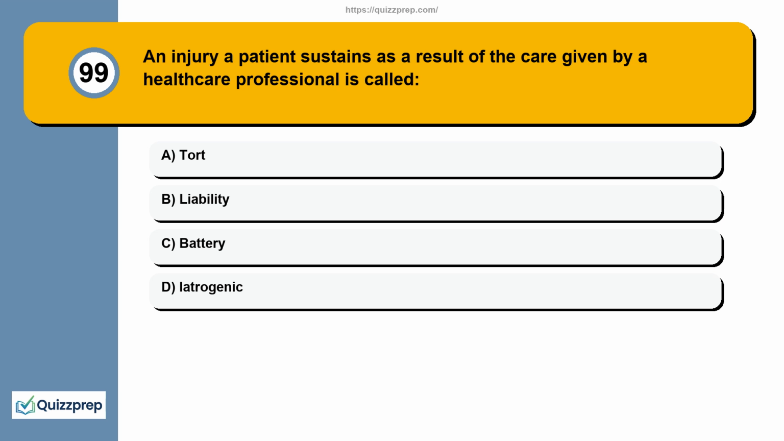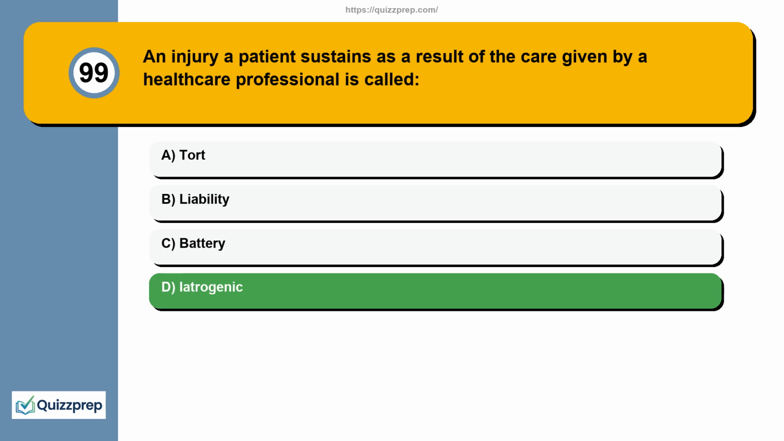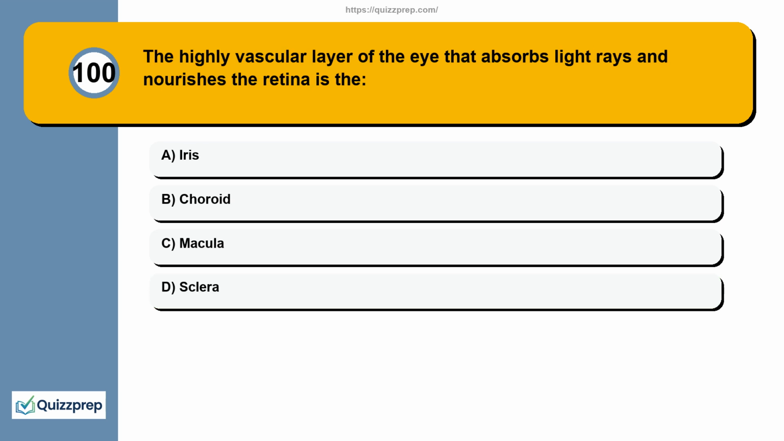Option A, tort. Option B, liability. Option C, battery. Option D, iatrogenic. The correct answer is option D, iatrogenic. Question 100. The highly vascular layer of the eye that absorbs light rays and nourishes the retina is the: option